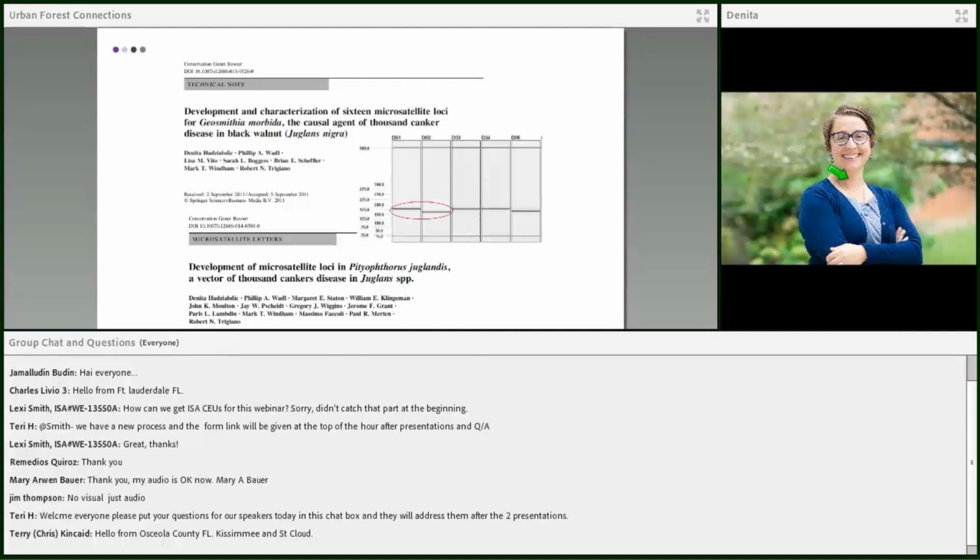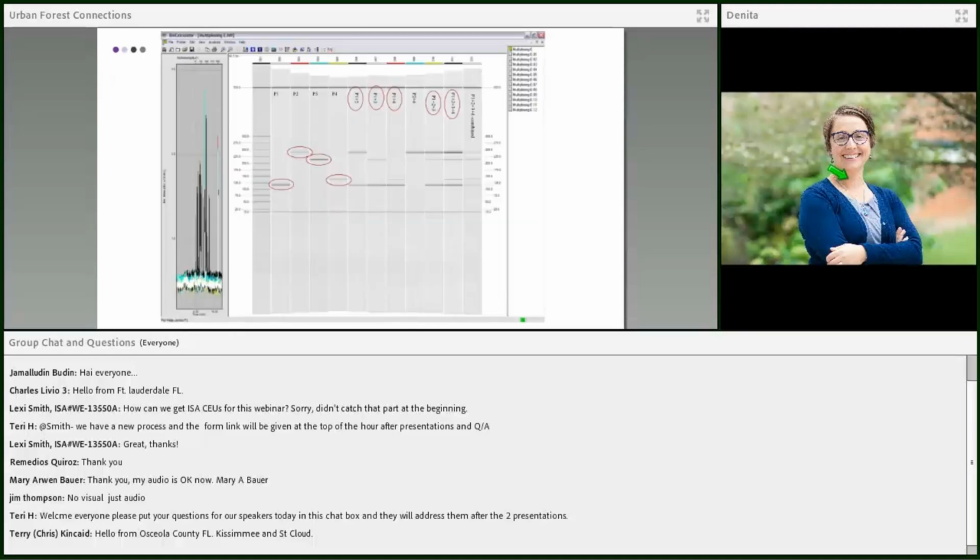But in the meantime, what we wanted to do is figure out ways how we can do quick molecular detection, because morphological detection can take weeks. So the first step was, in 2011 and 12, we developed microsatellite loci, or microsatellite markers, which are basically species-specific primers that were developed for the pathogen of TCD, Geosmithia morbida, and the beetle vector, walnut twig beetle, individually. And we're trying to see, can we develop certain methodologies and can we reduce the cost of